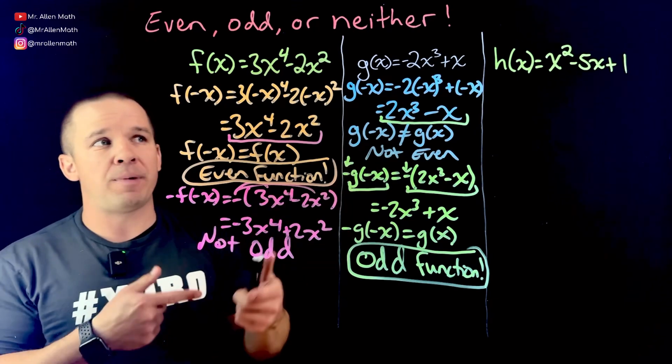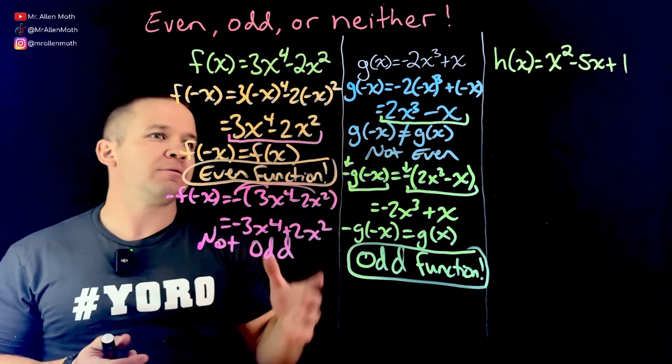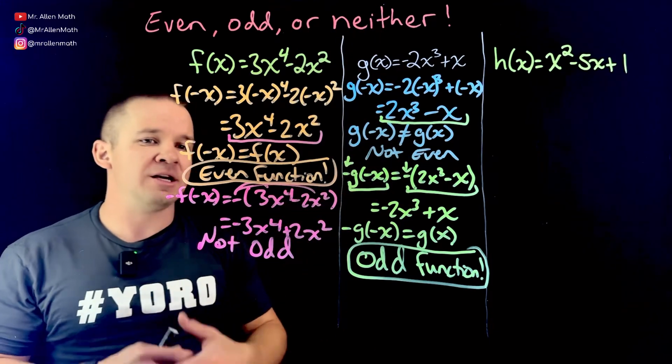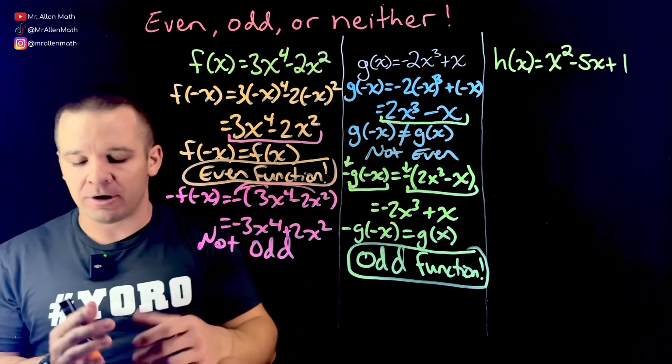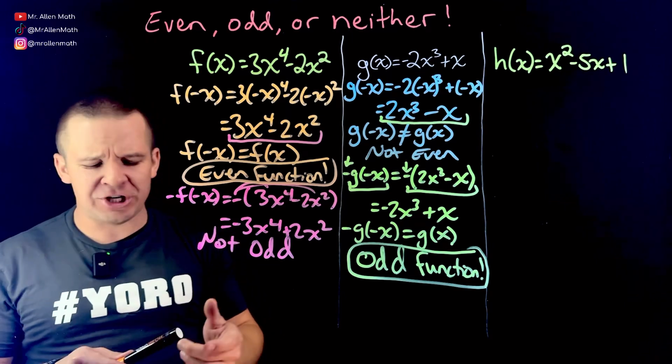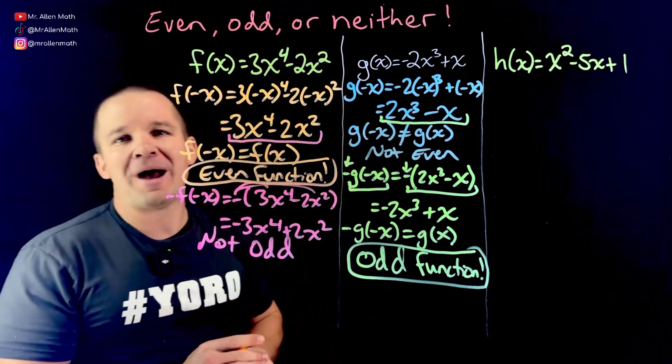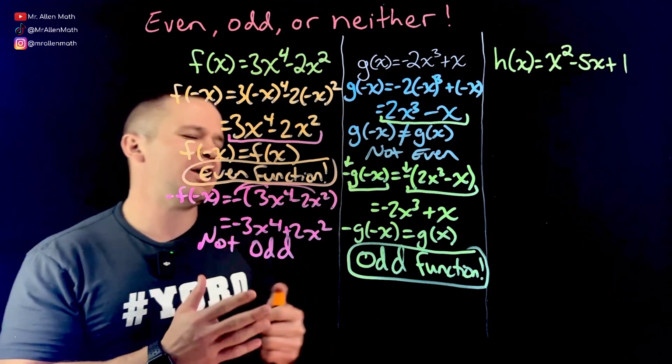It's a little easier to tell with polynomials, but if they ask you to show it, you have to show these steps here to show that it is either even, odd, or neither, right? So kind of like in geometry proofs, you're like, I know they're congruent. You still have to show it, all right? Welcome back to the land of proofs-ish. All right,